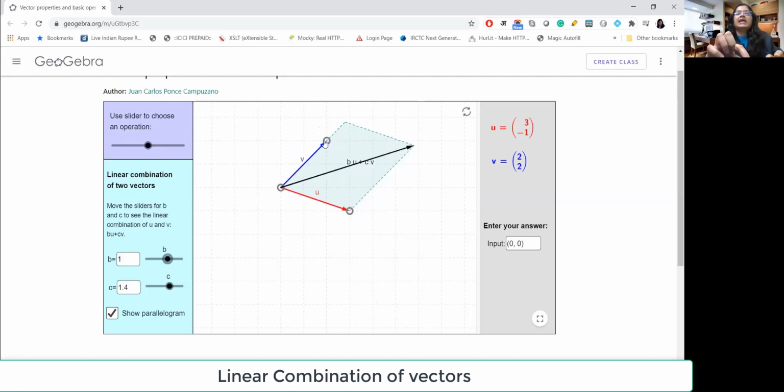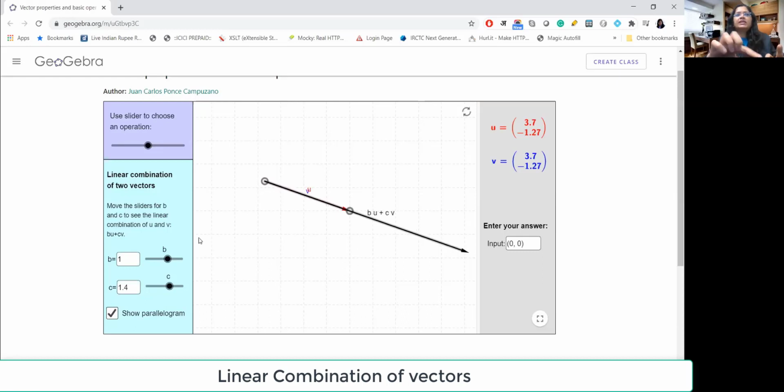Now, suppose I make the vectors coincide on each other. For example, I make u and v on the same line. It's not that easy, but yeah, I made it. So now the coordinates are the same. Coordinates can be different, it should basically be on the same line. You see the coordinates are different, but now my u and v are on the same line, right? Now if I change this, or if I change this, I'm still on the same line. Are you getting my point?